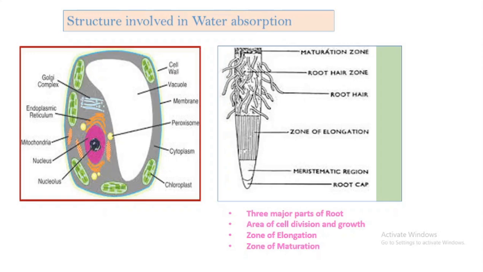When we see the next, that is the zone of elongation, in this area cells increase in size through food and water absorption. As they grow, they push the root through the soil. And the third region, the zone of cell maturation, is directly beneath the stem. Here, cells become specific tissues such as epidermis, cortex or vascular tissues. The zone of maturation also consists of the root hairs.